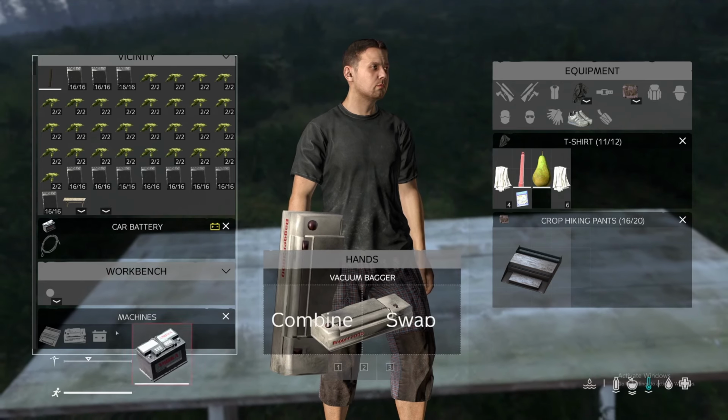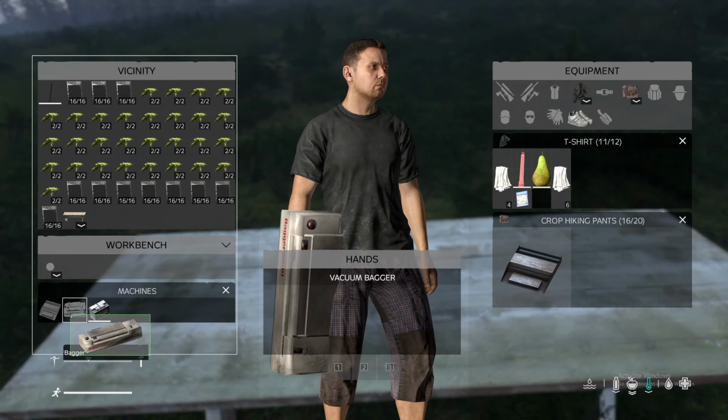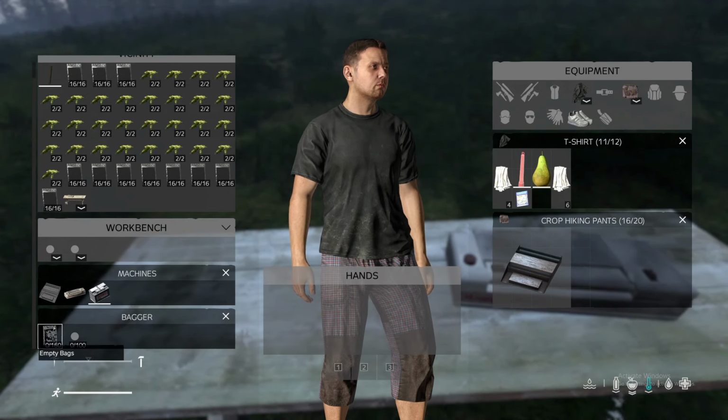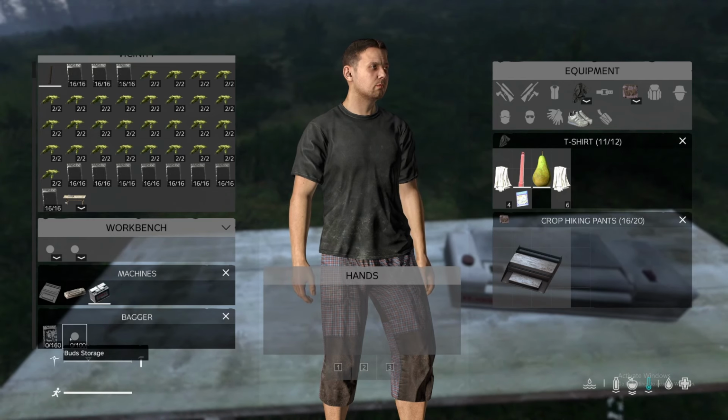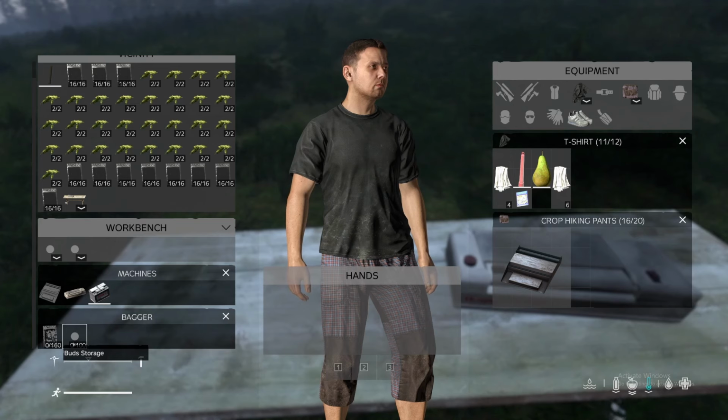But in this case here, I'm going to attach the battery. I'm going to attach our vacuum bagger. And once you attach the bagger, you can see it opens up a couple more slots here. Here we have a place for our empty bags, and we have a place for our buds. And you can see that the empty bags stack to 160, and that the buds can actually stack to 100